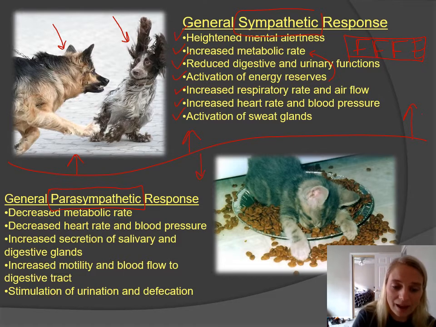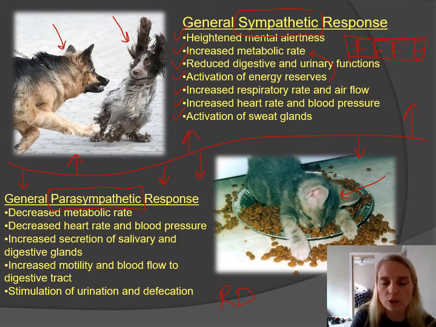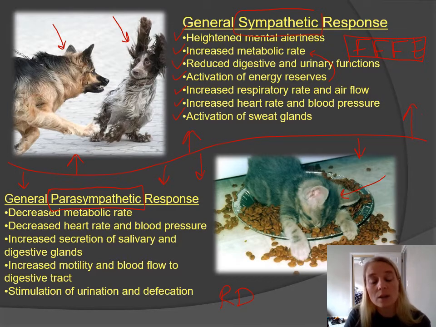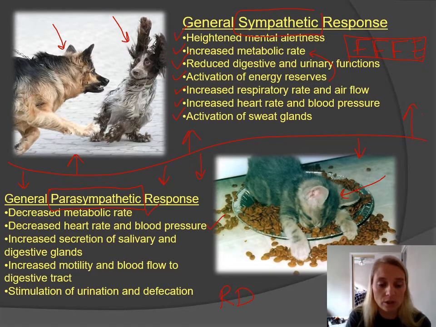Now, the flip side to that is called the parasympathetic division. Okay, so this is what's happening with this little kitty here. The rhyme that goes with this one is rest and digest, or sometimes rest and repose, but people usually don't use the word repose very much anymore. So if we take a look at the things that are happening when you're in parasympathetic activation, it's almost the complete opposite. So we decrease our metabolic rate, we decrease our heart rate and blood pressure, we increase our digestive and urinary and defecation tracts, we reduce respiratory rate, we store energy reserves because you usually have just eaten a meal.